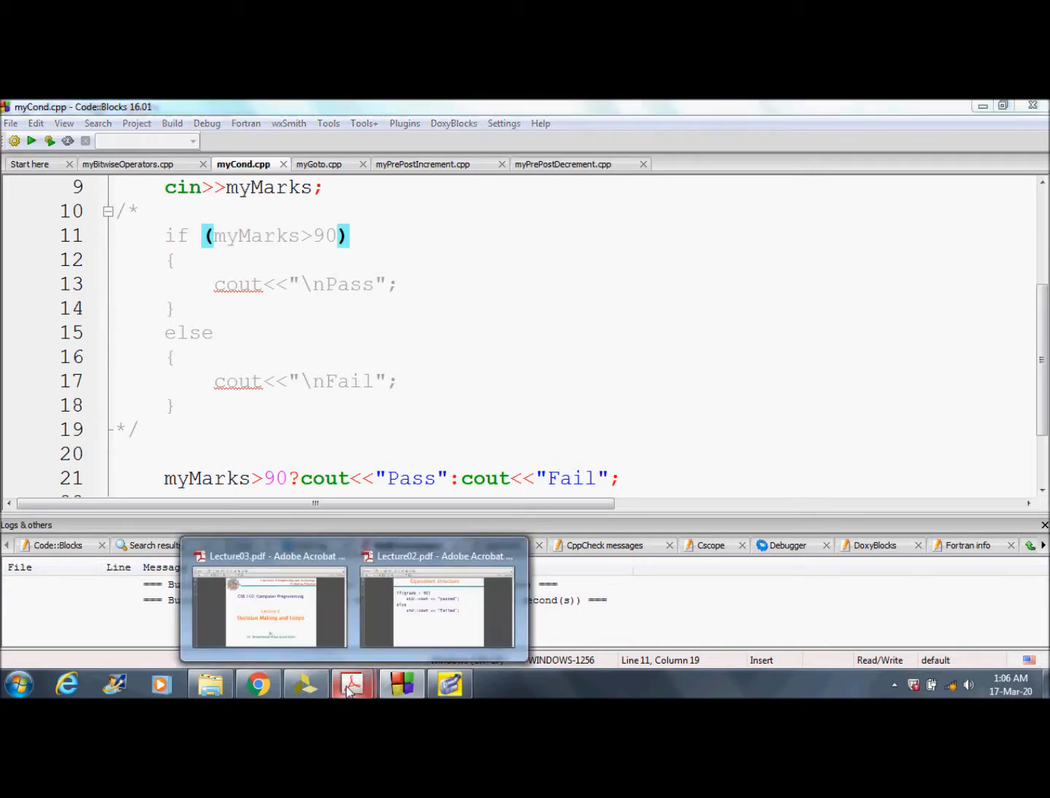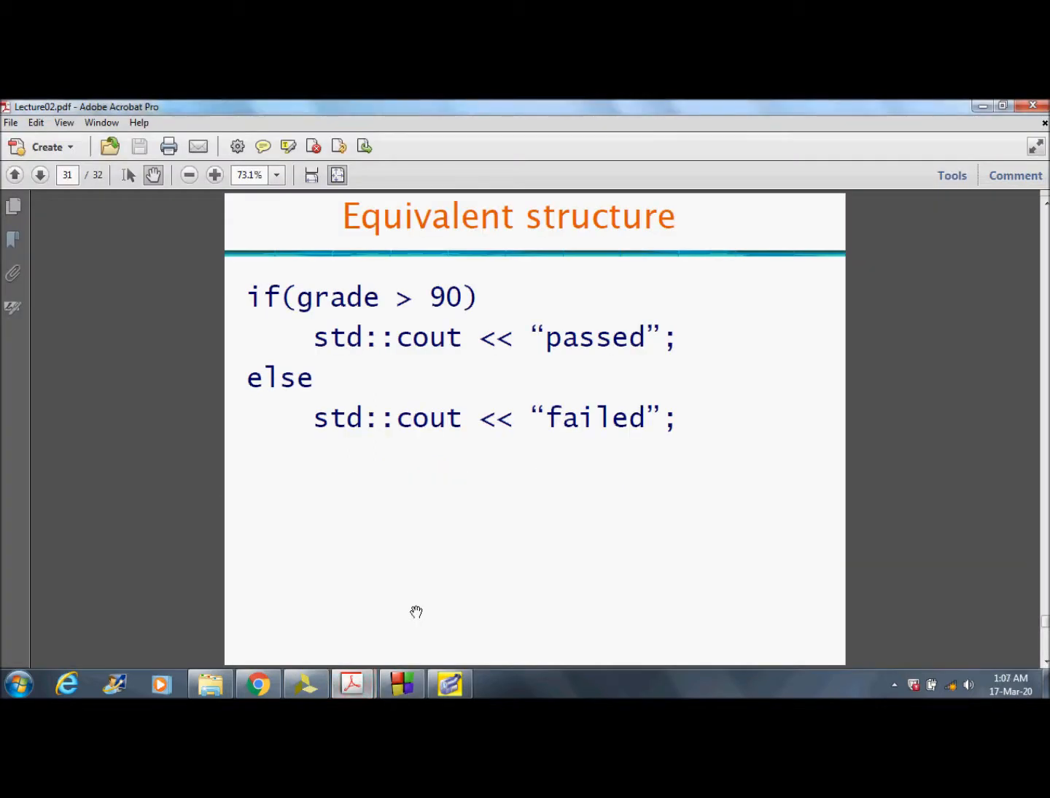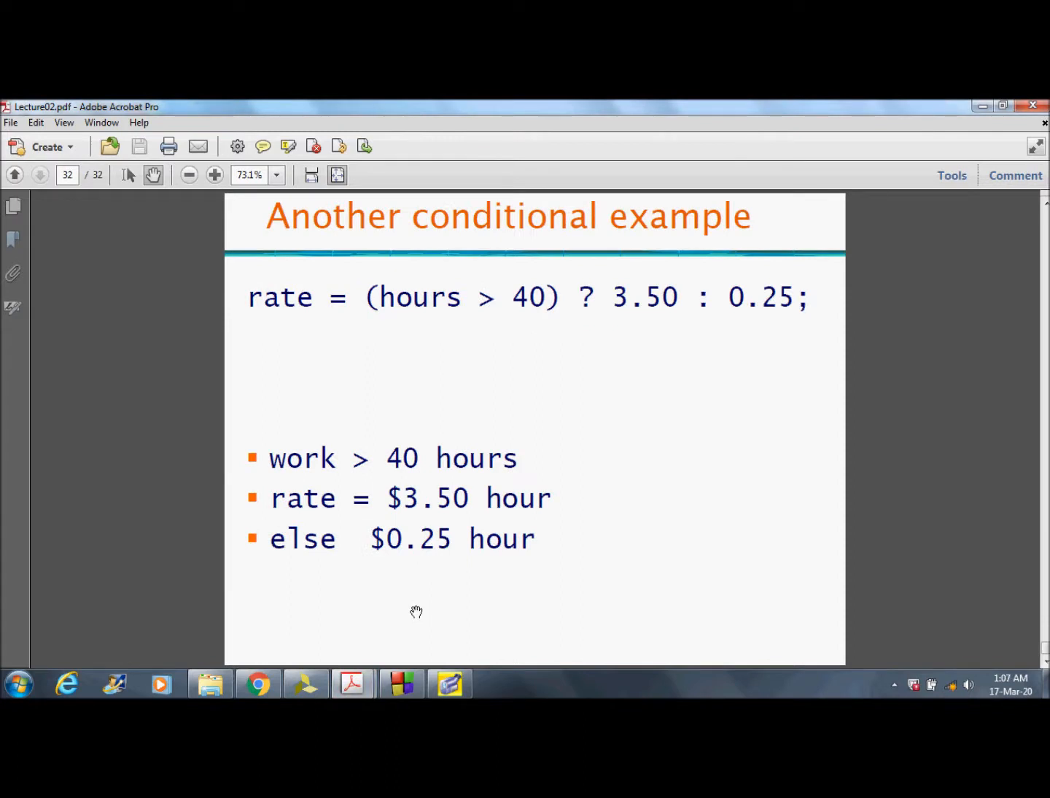You can also assign the result of a ternary conditional operator to a variable. For example, in this case, if hour is greater than 40, it will assign 3.50 to rate. If hour is less than or equal to 40, it will assign 0.25 to rate. Next, we will study